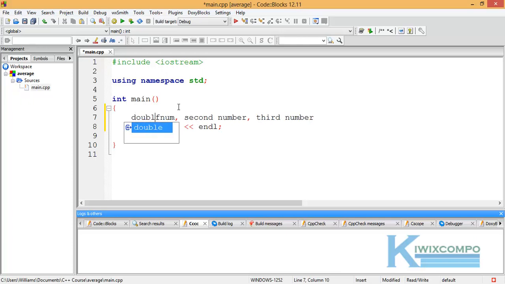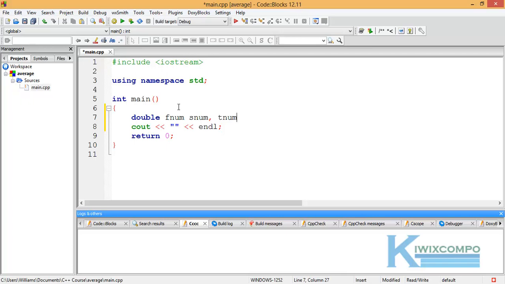Now we're used to seeing integer as int, so let's give the user the privilege to put even decimal numbers. So let's say double fnum. Now let's name second number also as snum, and third number as tnum,